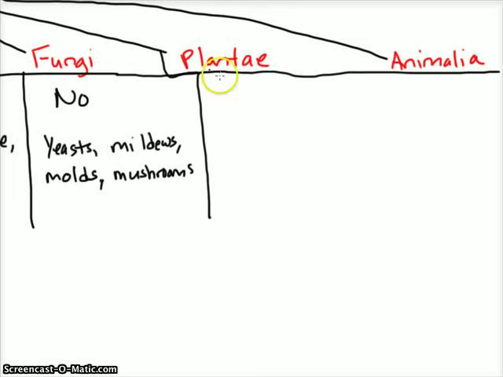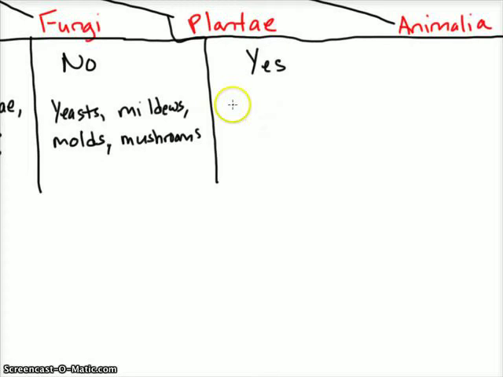The kingdom Plantae does perform photosynthesis. So yes, just like the Protista, they also perform photosynthesis. And remember, they obtain energy by converting light energy to chemical compounds for food. Examples of organisms that fall in the kingdom Plantae include multicellular,